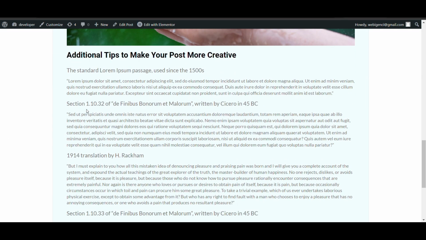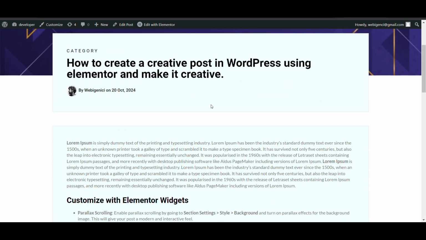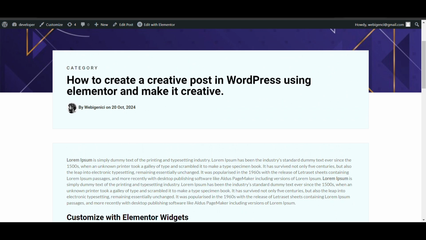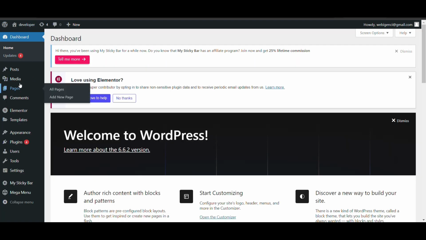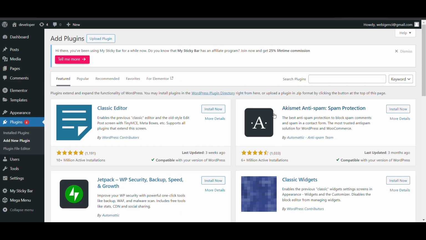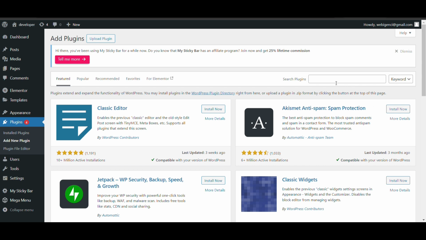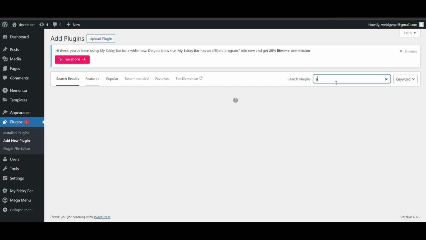Here you can see this is the custom blog post we have created using Elementor. If you want to add some section below, you can add it using Elementor. And if you want to create multiple blog posts using it, you don't need to create them one by one, the same post again and again. You can use a duplicator plugin that will duplicate the post and you can change it. Otherwise, you can copy and paste sections one by one, like copy it and paste on your another post. But the best option is a duplicator plugin.